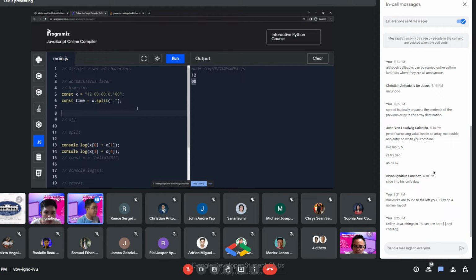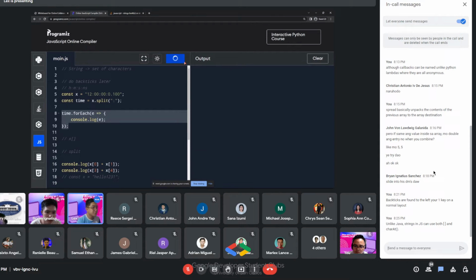And then you can do a map function, or I'll just use a forEach function there. So time.forEach, for each element equals console.log. And then you can just see everything. So we have 12, the hours, the minutes, the seconds, and then the nanoseconds. So that's a much quicker way of splitting a string into the subsections that you want. So basically, that's the most important string method since you'll be using it a lot. So split,